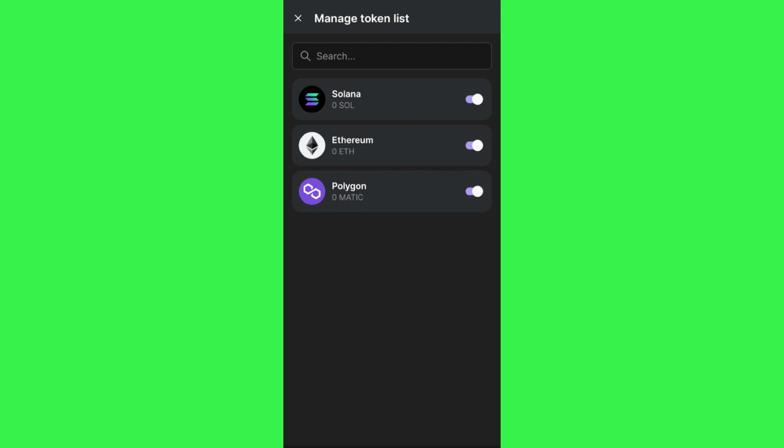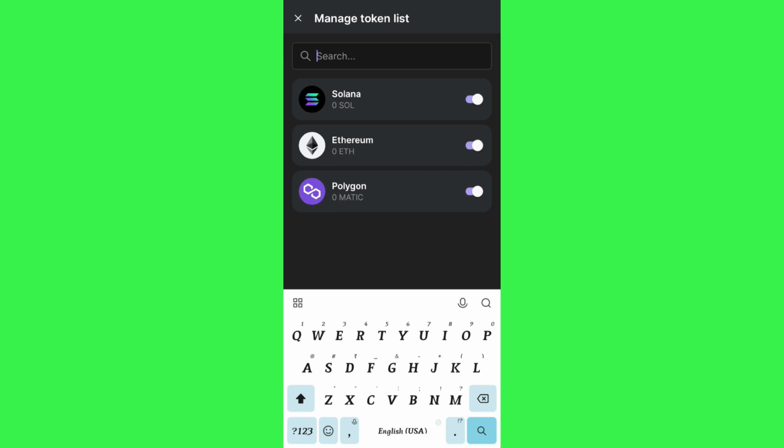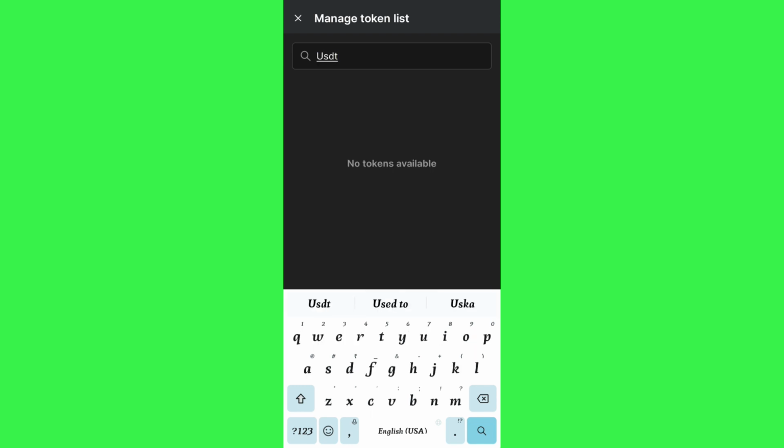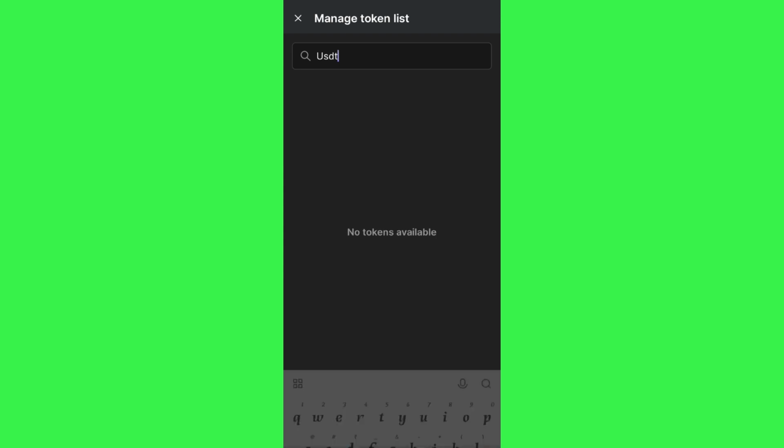If you want to add any other coin on the home page, then you simply need to search for that token in the search bar. Let's say I want to add USDT, so I'll simply type USDT, but it is showing me that USDT token is not available, because it will be available when you have USDT in your account. If you don't have USDT or that crypto in your account, then you will not be able to add that